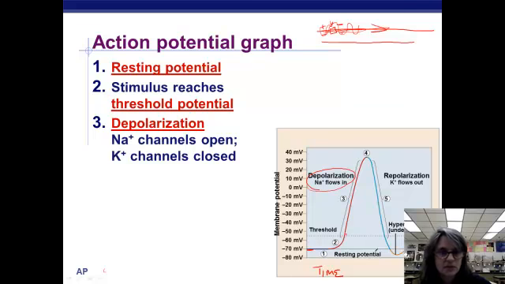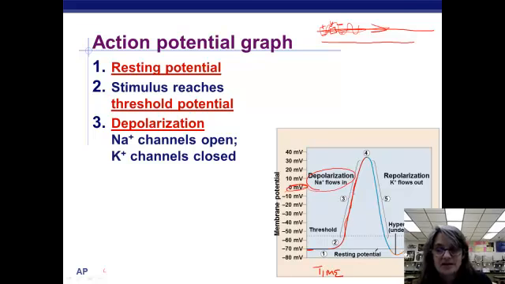The sodium channels will open and allow sodium to rush in. And you can see as sodium comes in, it is getting less and less negative inside. And indeed, not only does it get depolarized, meaning we have no charge change between the inside and the outside,